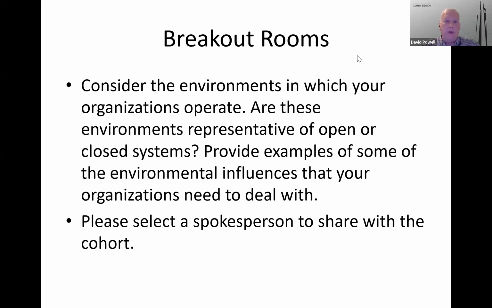So I think that the takeaway from all this is obviously that as public organizations, our environments are certainly a lot more varied and a lot more challenging and political than what we might see over in the private sector. And because of that, our system is a very open system, and we are then subject to a lot of these environmental influences. You add on to that the transparency that is required of public organizations because of managing public